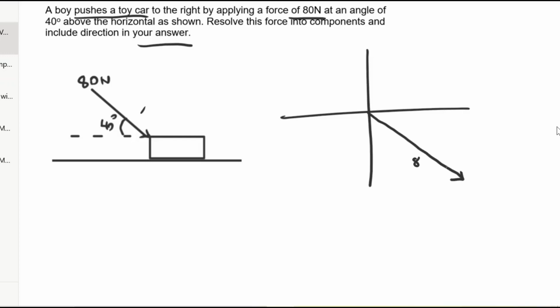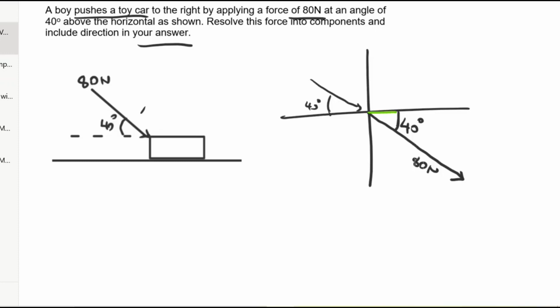This is 80 Newton force. What is the angle in which this force is acting? The force is acting 40 degrees below the horizontal. How do I know that? The force was here and the angle here is 40 degrees. Now if this angle is 40 degrees, also the angle opposite is 40 degrees. Hope you know that from math. Alright, our next step is going to be to calculate the horizontal and vertical components,